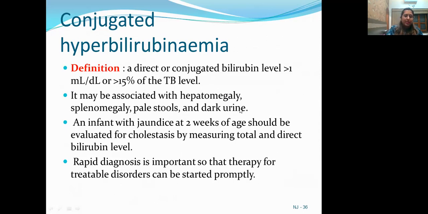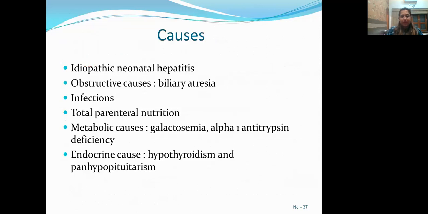An infant with jaundice more than 2 weeks of age should be evaluated for cholestasis by measuring total and direct bilirubin level. And rapid diagnosis is important because in case of neonatal hepatitis or extrahepatic biliary atresia, where surgery is important and has better prognosis with younger age, rapid diagnosis is extremely important. So the causes of